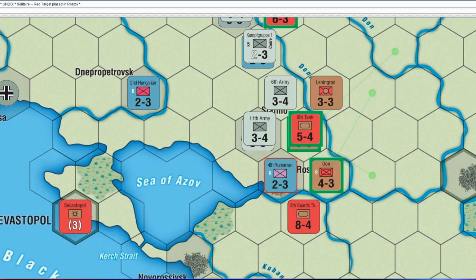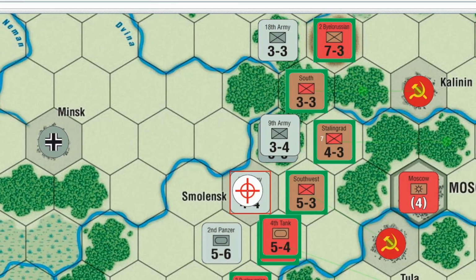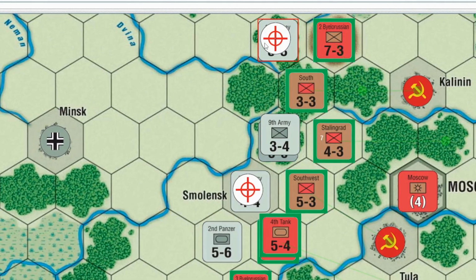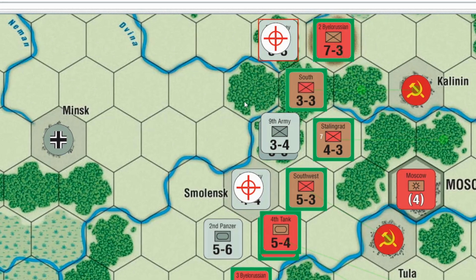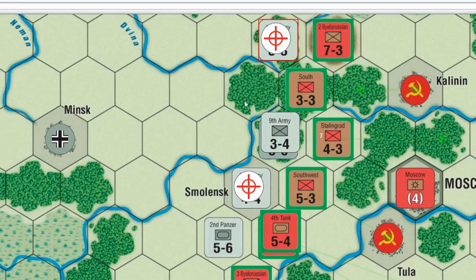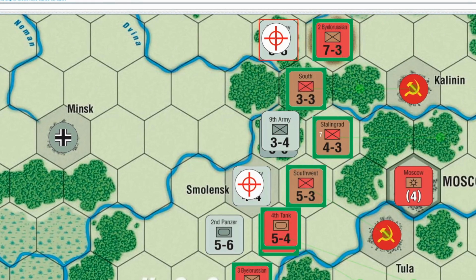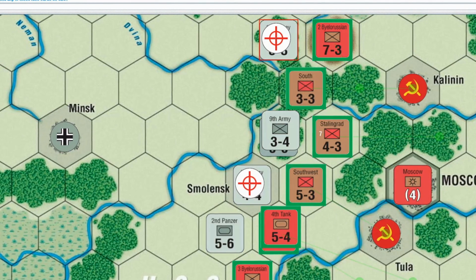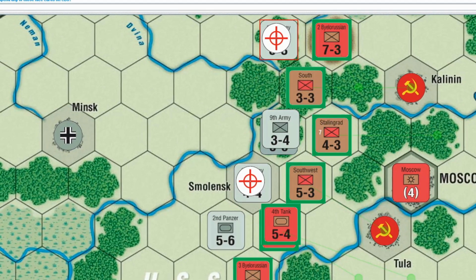The first target, unsurprisingly, will be placed in Rostov. The other 2 attacks I'm going to do are in the north, on Smolensk, and on this 18th Army here, kind of at the top end of their line. Now, what's interesting is it's not so much about, or not only about, trying to force my opponent to defend,